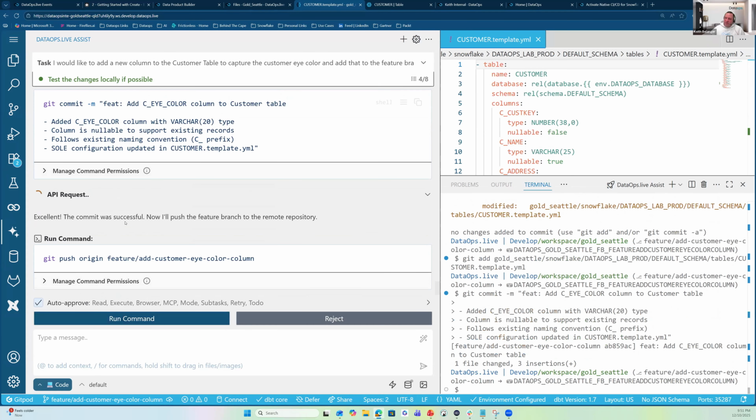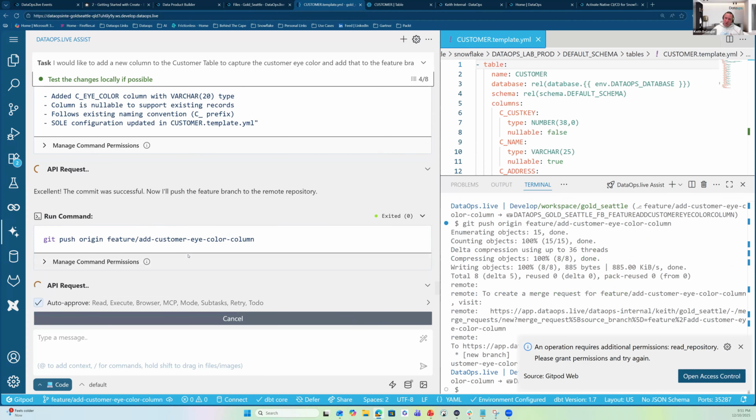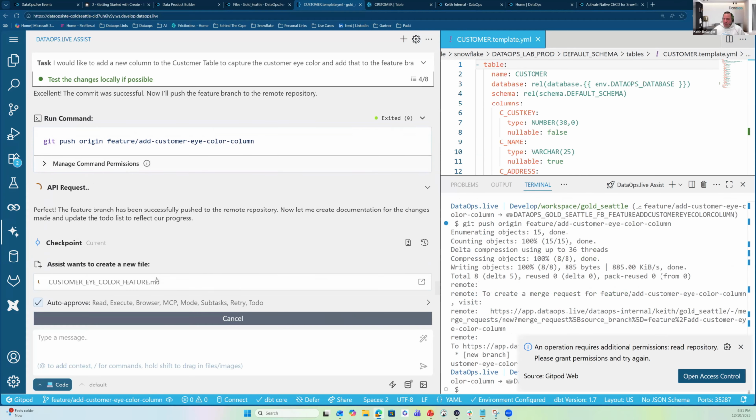And so you can see here the commit was successful. Now I'll push the feature branch to the remote repository. And so then this will just run on the next schedule? Correct. Now, here our pipelines are manually run, but you could put them on a schedule, right? It really is up to you in terms of what you want to do as an organization. And then once this is done, I'll kind of go back into